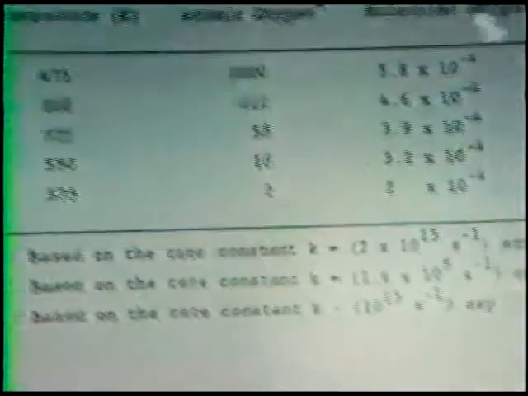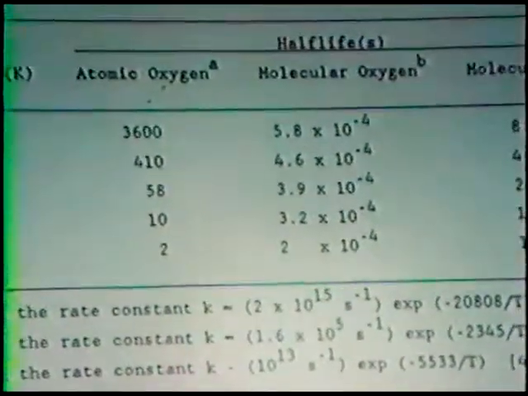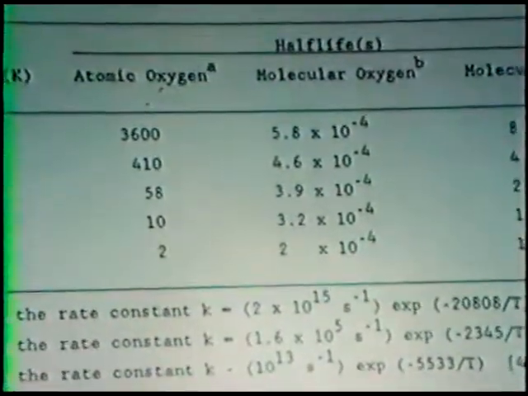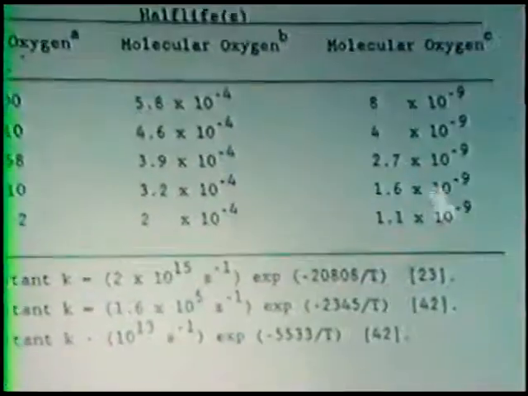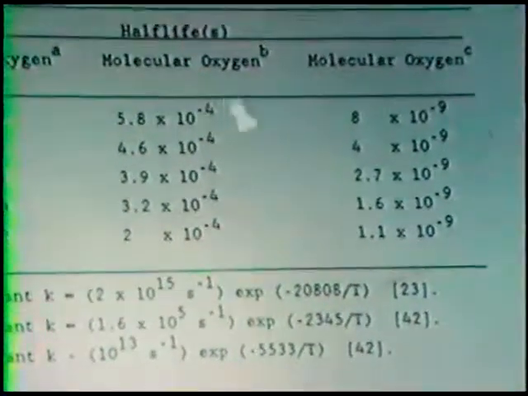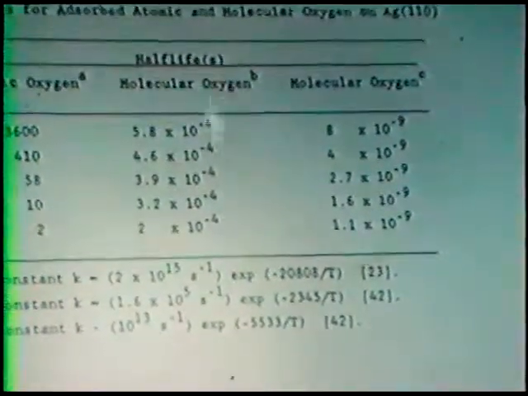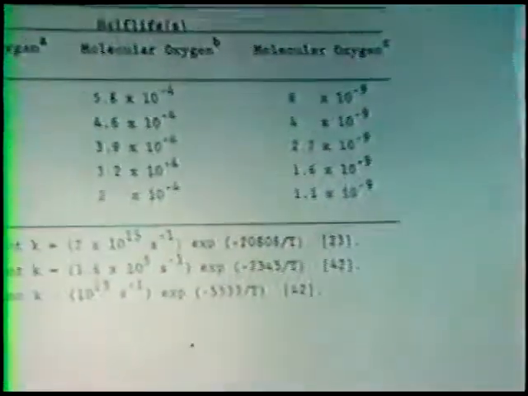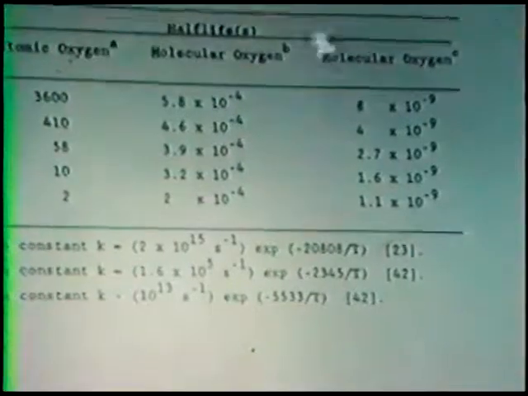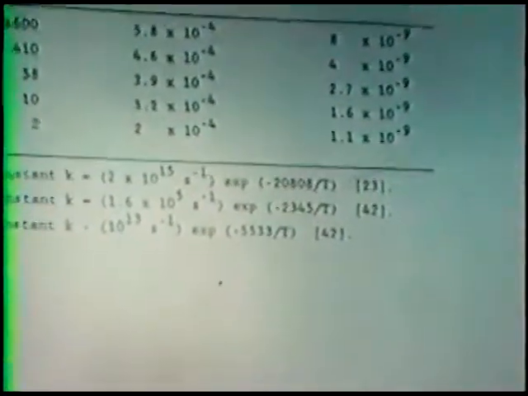The lifetime of the molecular oxygen on the surface, depending on which rate constant one takes, differs substantially for these two rate constants, but the most conservative value of the lifetime for the molecular oxygen is on the order of 10 to the minus 4 seconds. It has to be a very short-lived species at 550 Kelvin. Because, as I said, its characteristic temperature for reaction is 180 Kelvin, so it cannot have a long lifetime. So you can imagine an experiment in which you load up the surface with oxygen by a pulse, and